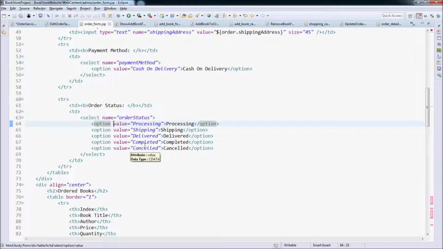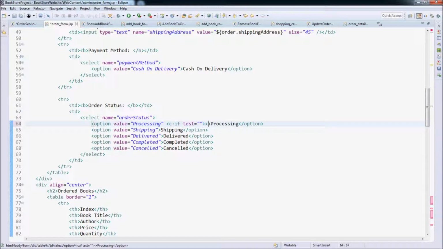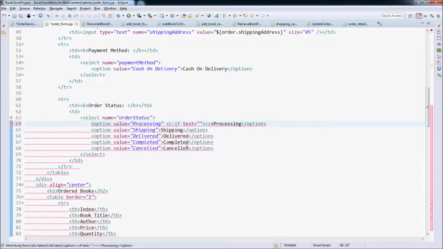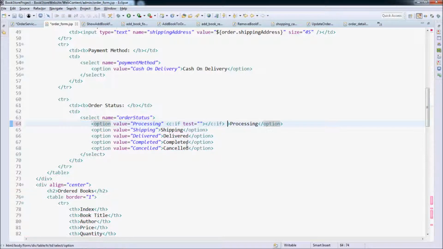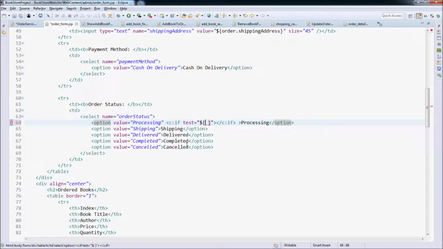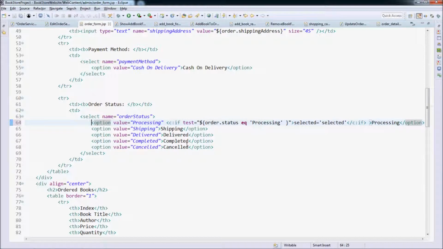So we need to use the JSTL c:if test equal, we need to check the order status, order dot status equal to processing, and we select this element, selected equal selected, and do the same for other options.